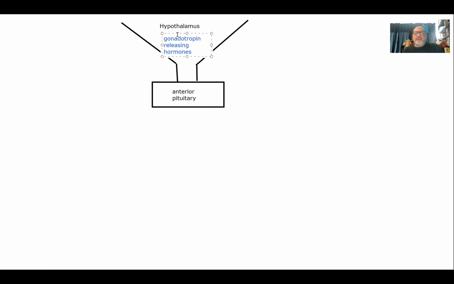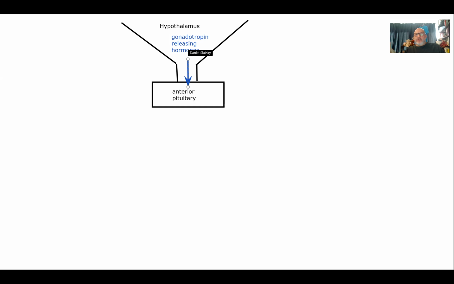Those gonadotropin releasing hormones, as we know, stimulate the anterior pituitary and cause the anterior pituitary to produce two hormones,